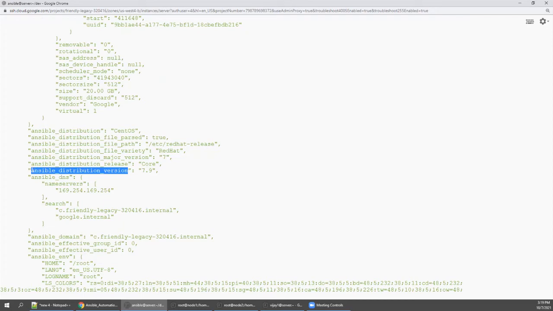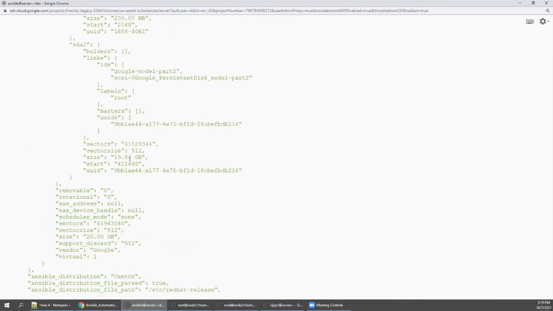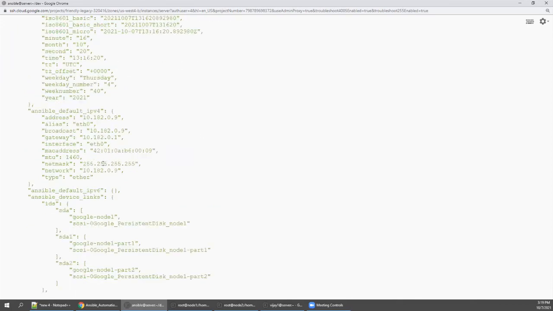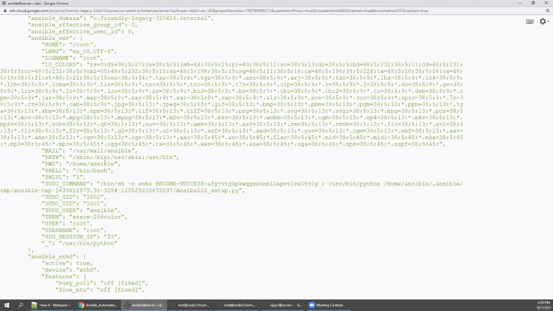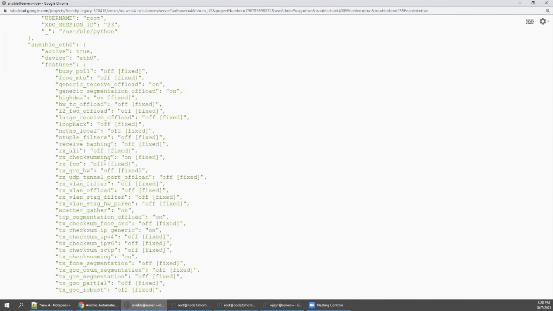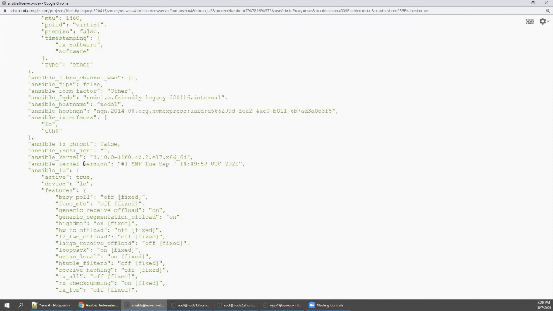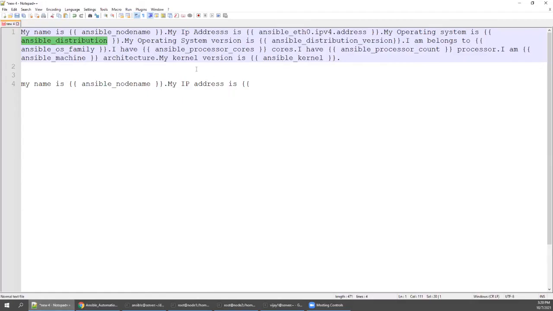What is the OS version? What is the family? And what is the major version, right? And go above. You can even say what the boot image is, what the kernel version is, everything you can take from here. So come down, see Ansible underscore kernel. So exactly this is what I have pasted here.